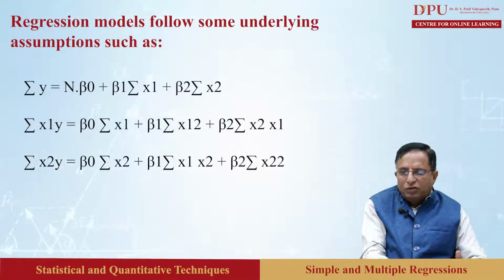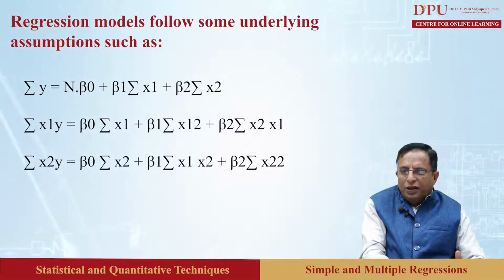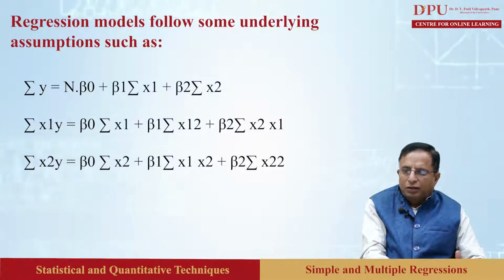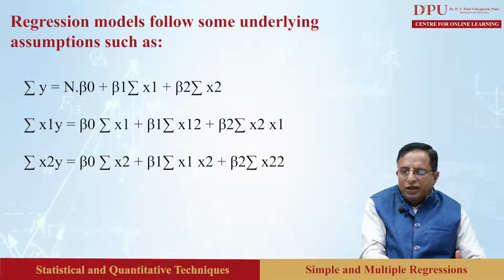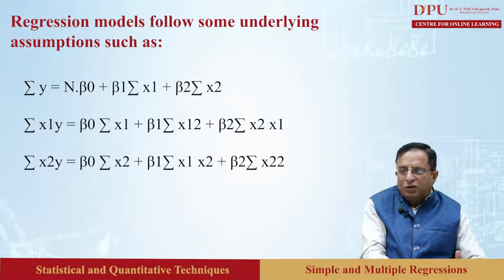Sigma y is equal to n beta naught plus beta 1 sigma x1 plus beta 2 sigma x2. Sigma x1 y is equal to beta naught sigma x1 plus beta 1 sigma x1 square plus beta 2 sigma x1 x2. Sigma x2 y is equal to beta naught sigma x2 plus beta 1 sigma x1 x2 plus beta 2 sigma